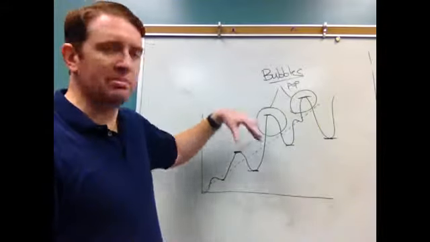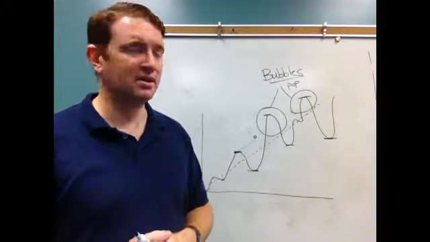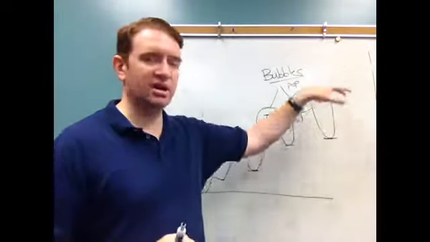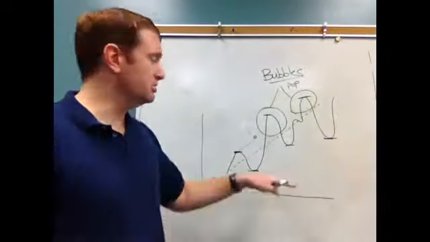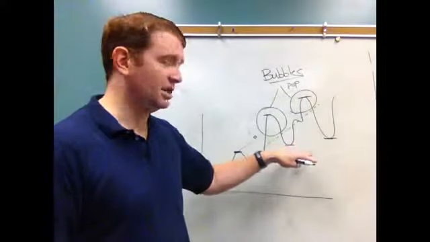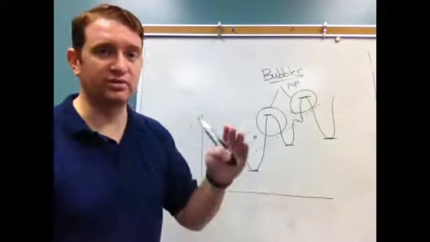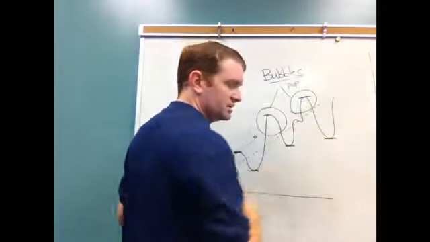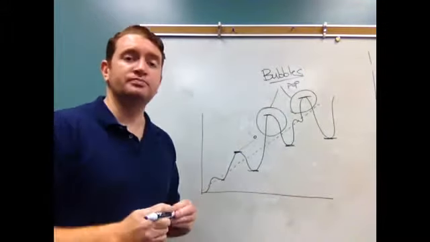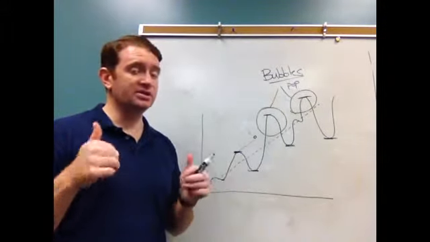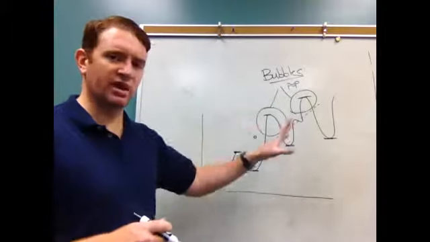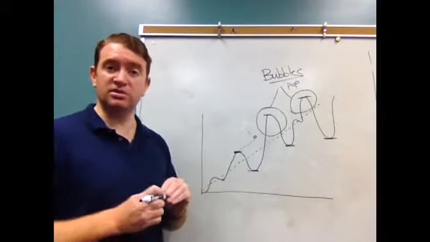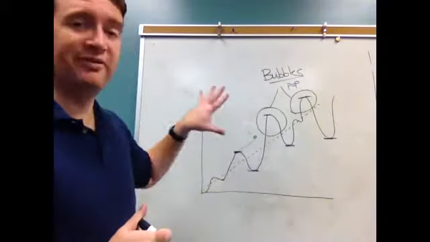But the bubbles along the way really cause problems. Because sometimes people make a lot of money, but then sometimes people lose a lot of money, and the prices go all over the place. And when people lose money, that means there's less jobs and even less money going around, and the price goes down even further. So it causes these problems. This is where you get depressions or recessions, is when these things fall down too much. So keep that in mind. Classical economics good, but there is this one little problem with it. So we're going to talk about another type of economics that is supposed to help fix these bubbles.